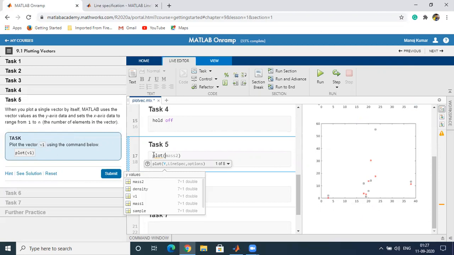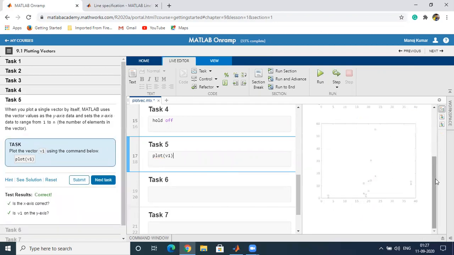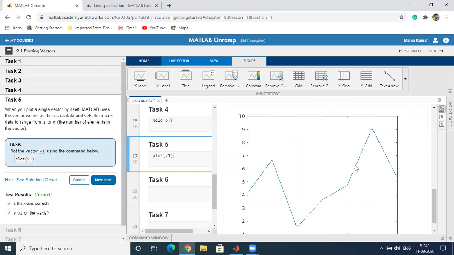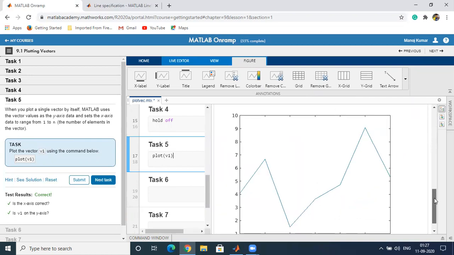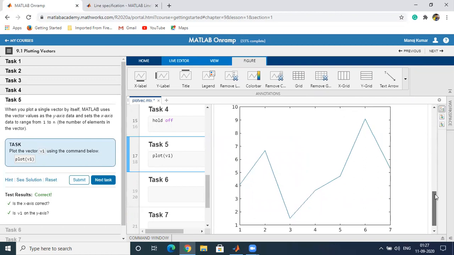For example, if we use plot v1 and submit it, it will create the next plot, and you can see it automatically takes the numbers for the x-axis and plots against the y values.